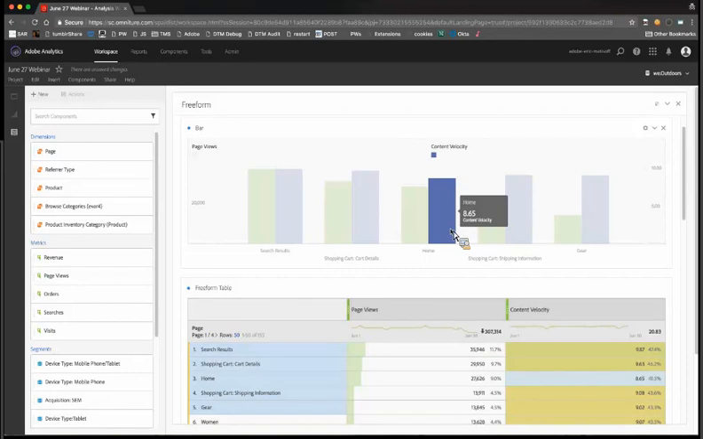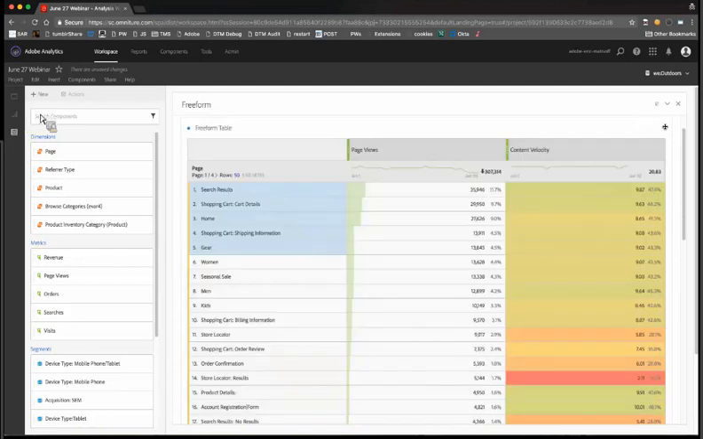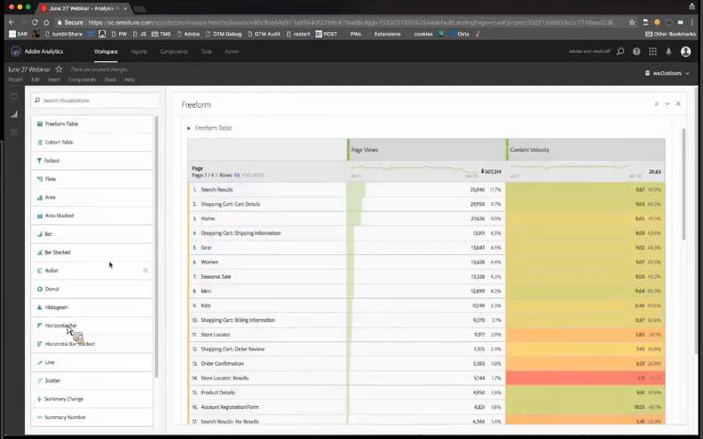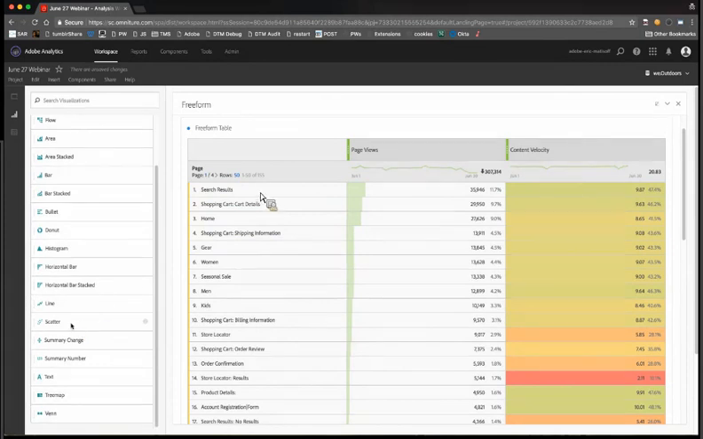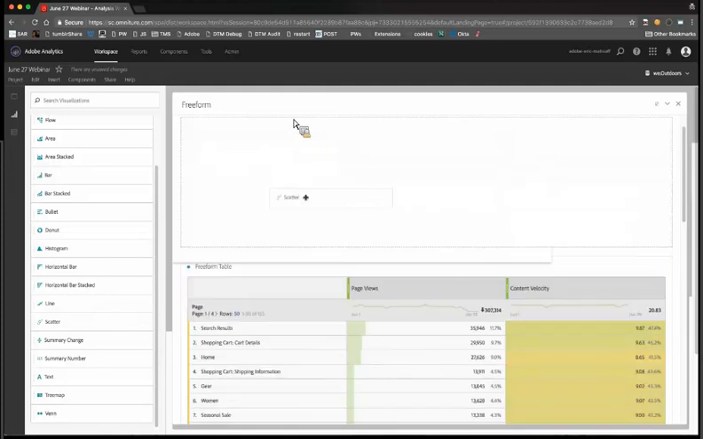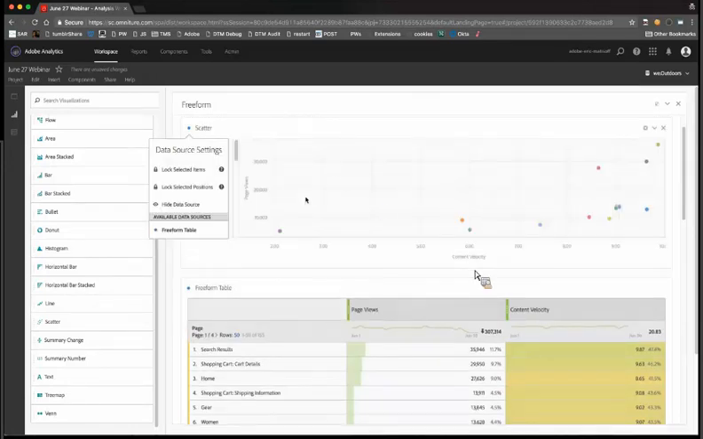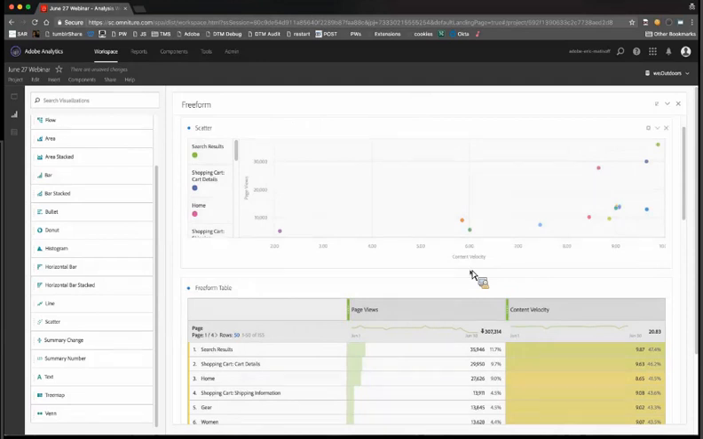So let's dig in a little bit further into some additional visualizations that we have available to ourselves. Let's actually remove this bar chart and take a look at something more advanced. Everyone loves going more advanced. So let's get super advanced here. We've got the scatter plot. I can pull in my scatter plot here, and now I've got some really interesting data available to me